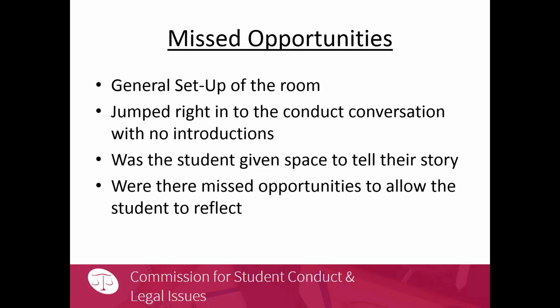Clearly this conduct officer just jumped right in with the information that they were given. I like to change it up a bit when I have these conversations, and I think students expect that they're going to have to go in and defend what they've done. So what I like to do is to say, I have a report, or I have this documentation, but I want to hear your perspective. Tell me your story. So I really provide them an opportunity to tell their story, and I try not to interrupt them, to give them the floor.